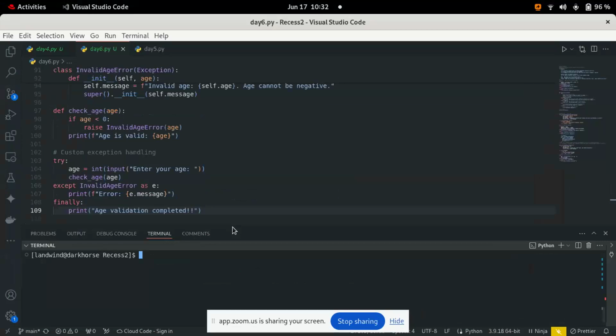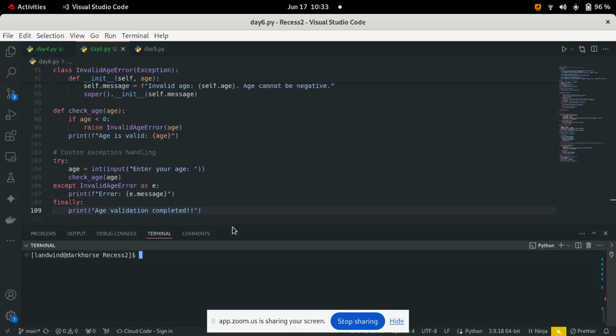Then I've defined a method for initializing the class, taking in self and age. I'm using a message which prints invalid age, and shows age can never be negative.